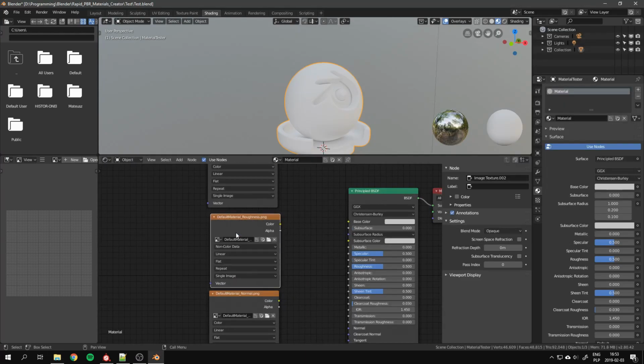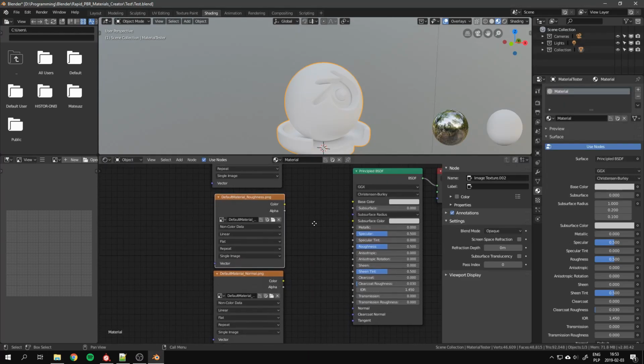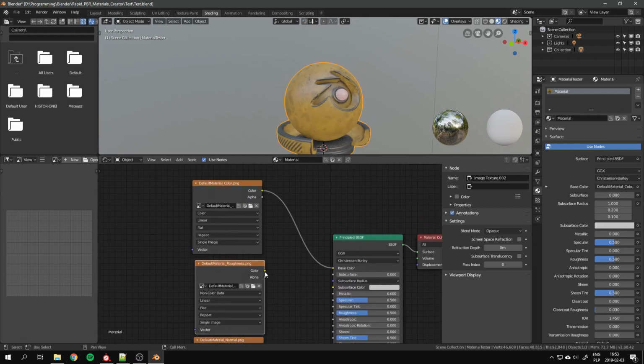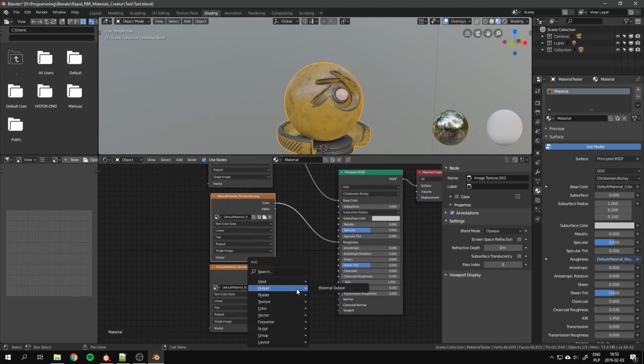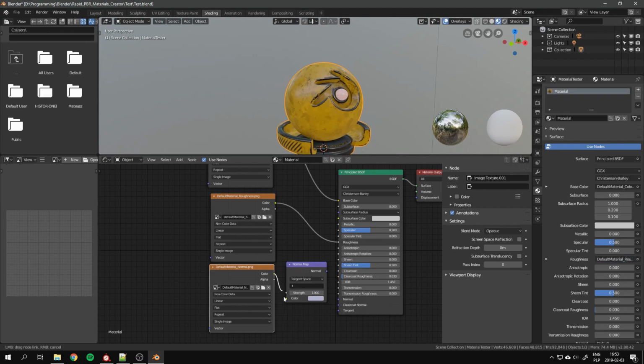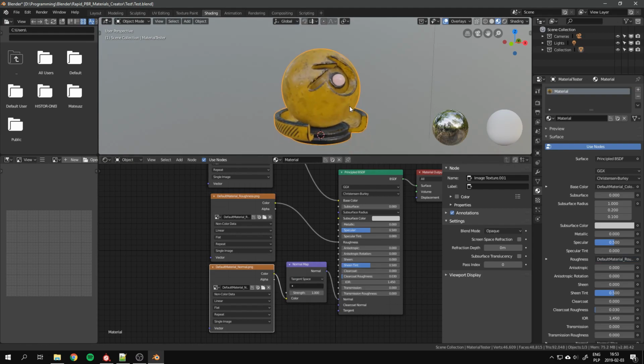For some of them I need to change the color space to non-color data, connect the nodes and add some additional nodes like this normal map node. And here we have it. Of course it's not done yet, it will take me approximately 40 mouse clicks more to have a proper PBR